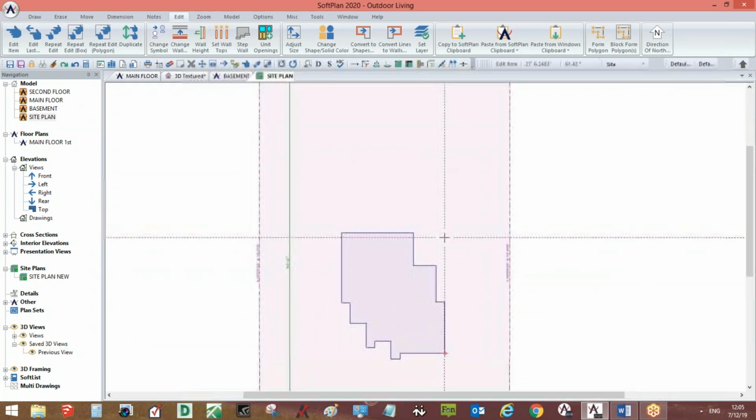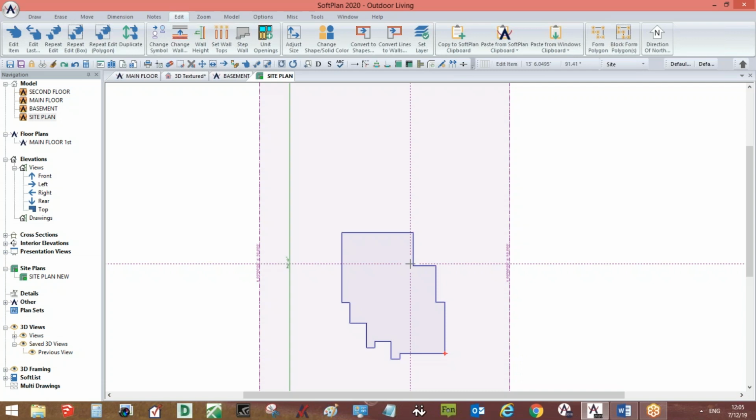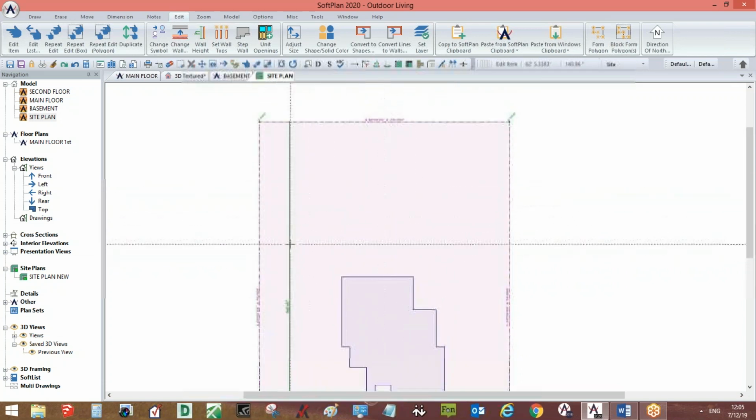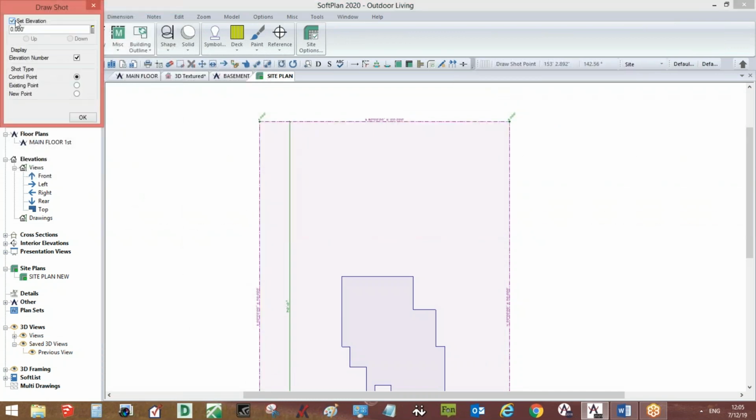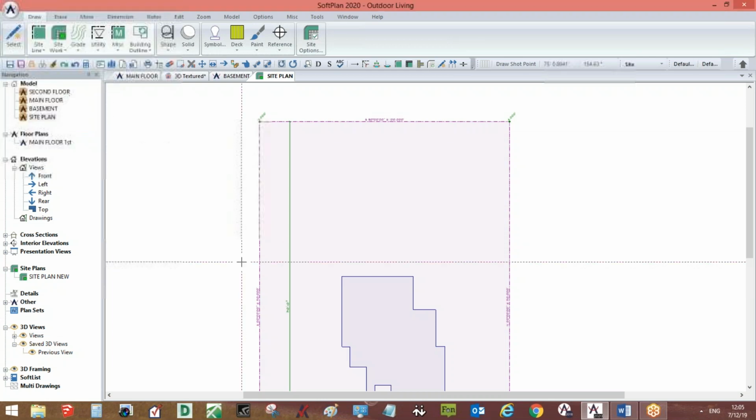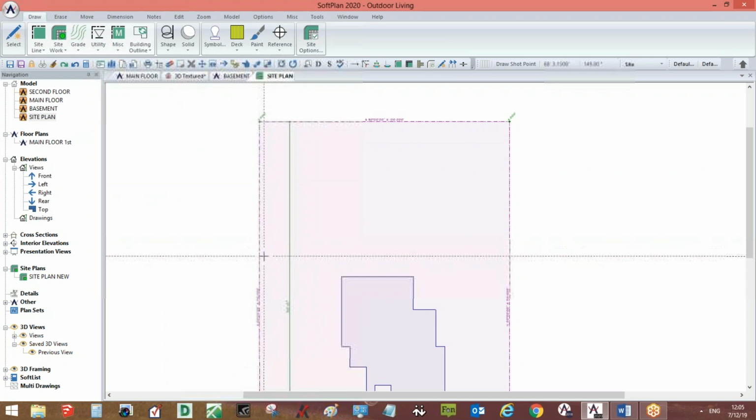Now, besides editing the corners, we'll also want to put in some additional shot points because we will have a deck here and a retaining wall, but we'll want to put some shot points going across. To do that, we just want to go to Draw Grade and Shot Point, and we can set the elevation beforehand in version 2020 just to save you an extra step so you don't have to edit them after the fact. So we'll want to keep this at 0 actually, and set to New Point. To make sure that it's right on the edge of the property, I'm just going to turn on my cursor snap